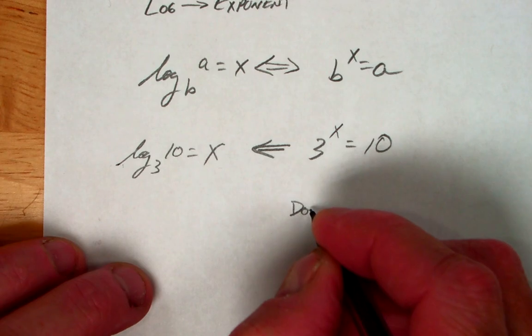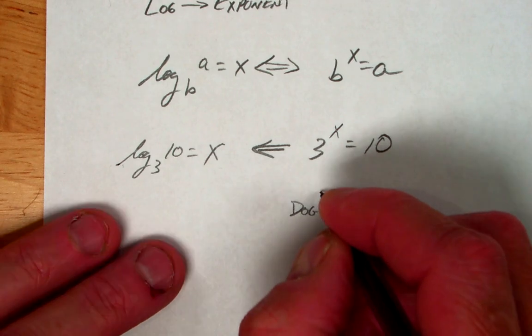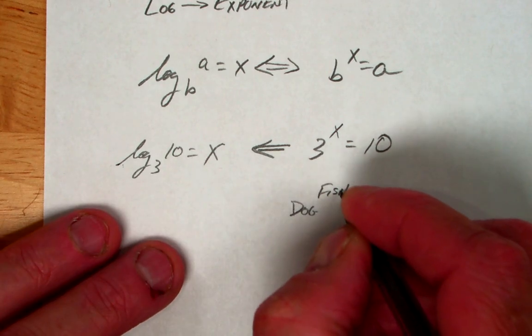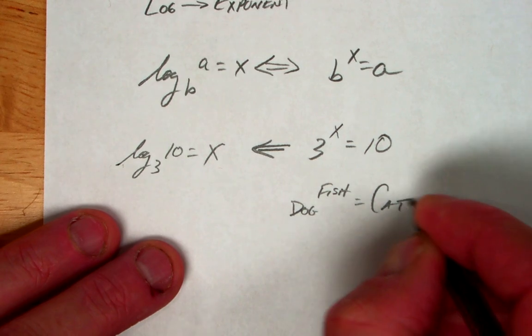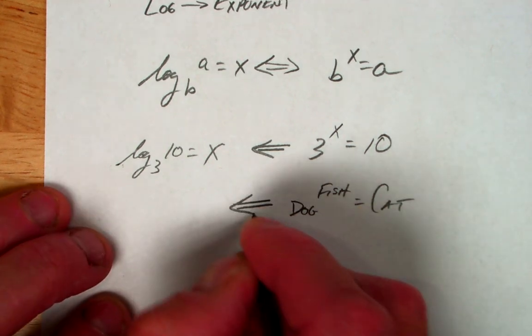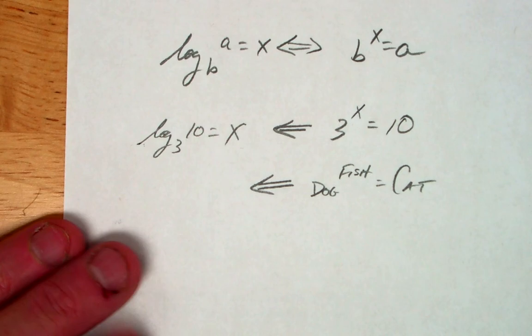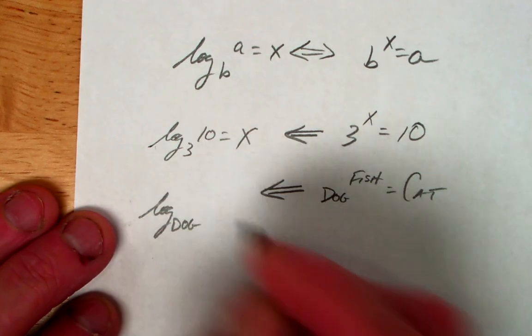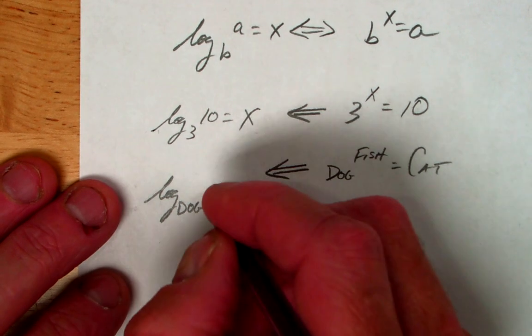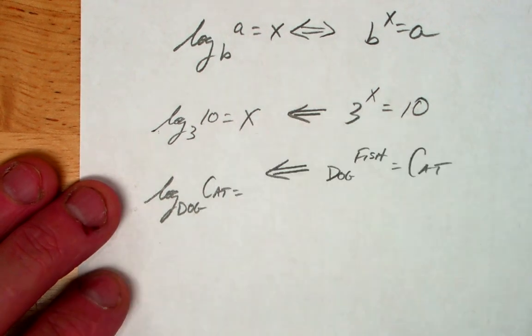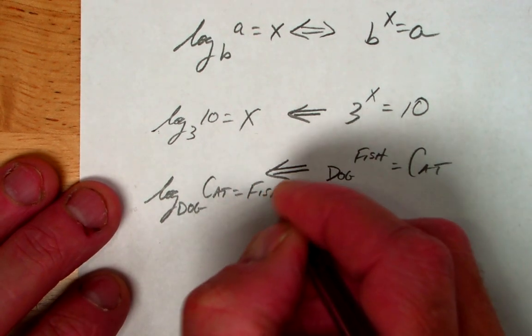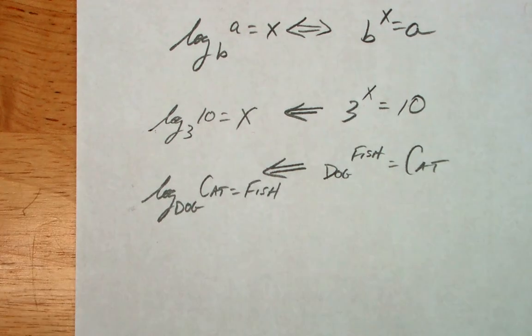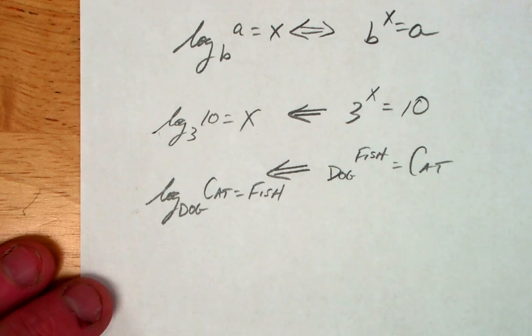Dog raised to the fish equals cat. What does that mean? Log base dog of cat equals fish. Here's the way you guys have done it before, and I would say 99.5% of the student